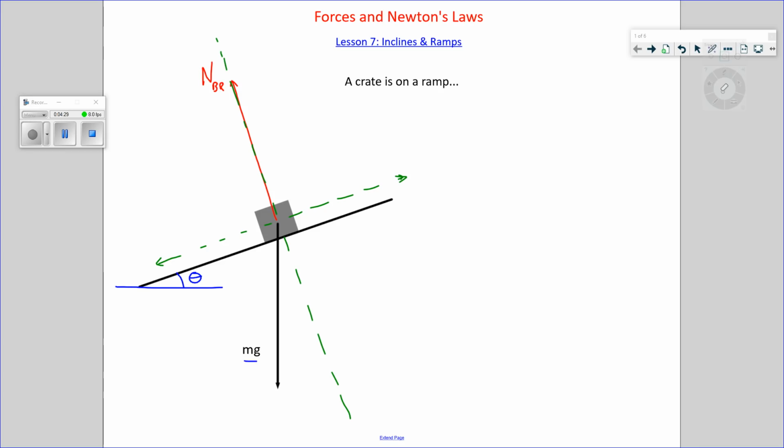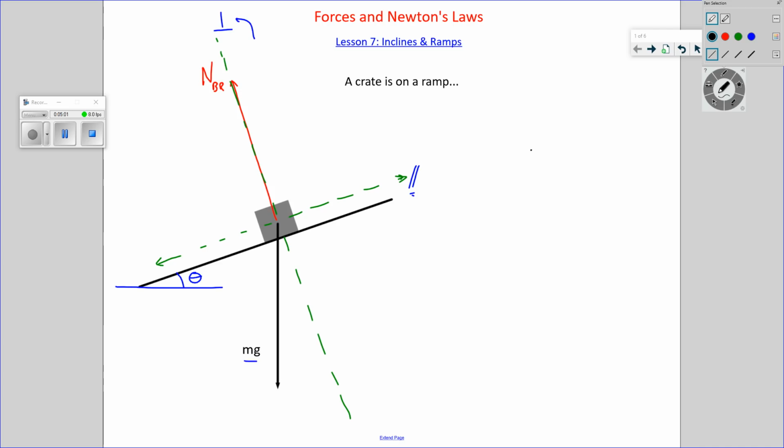And I actually don't call these axes x and y anymore, I call them parallel and perpendicular. Parallel to the direction this system or object will most likely accelerate. Perpendicular to the direction this system will accelerate, if it accelerates. Okay? And so, here's what we have to do. We have to be able to construct the components of mg that point in our new coordinate directions. And so what we do is we take,